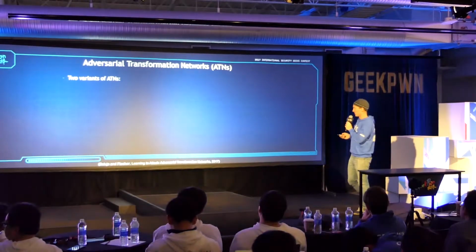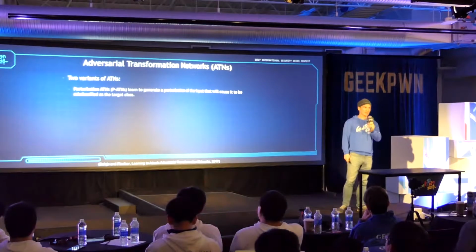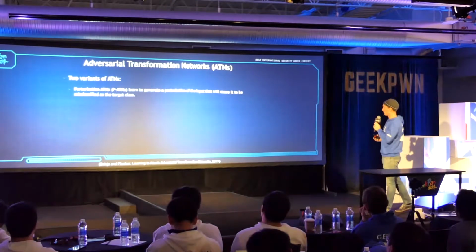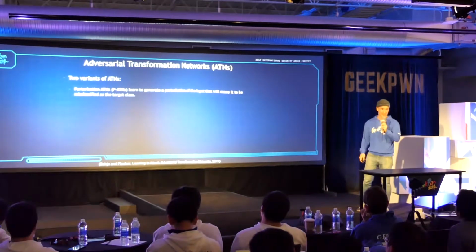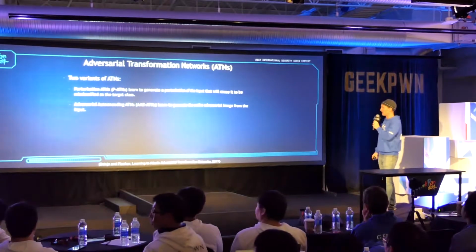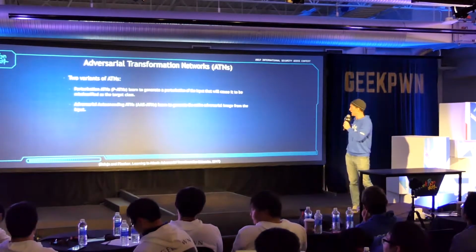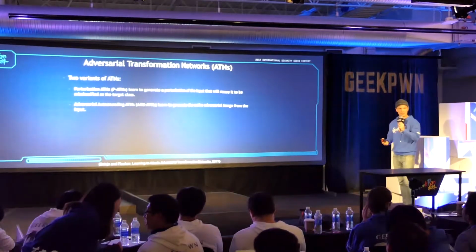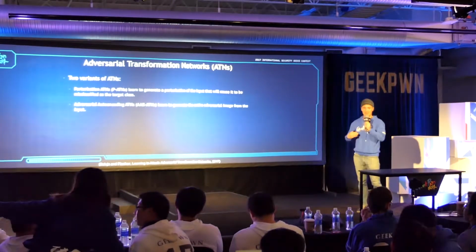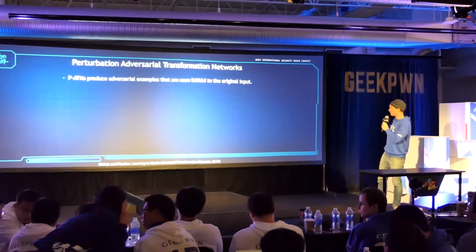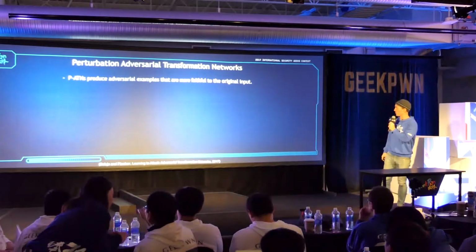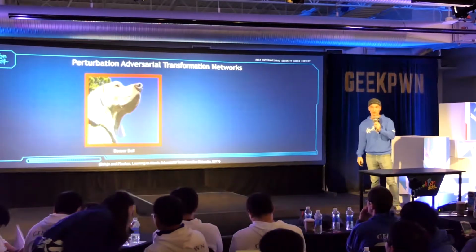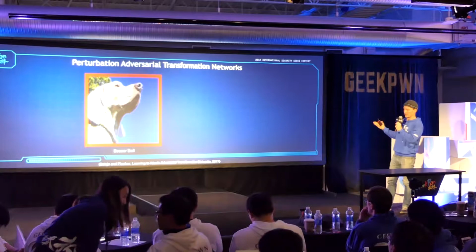So there are two variants of adversarial transformation networks. The first we can call perturbation ATNs, and they just learn to generate a perturbation of the input that will cause it to be misclassified. The second are adversarial autoencoding ATNs, and they actually have to learn to generate the entire image, just like training a normal autoencoder, except that the output is going to be adversarial against some target network. So PATNs, perturbation ATNs, produce adversarial examples that are very faithful to the original image because most of the pixels are unchanged. For instance, you look at this picture of a dog,